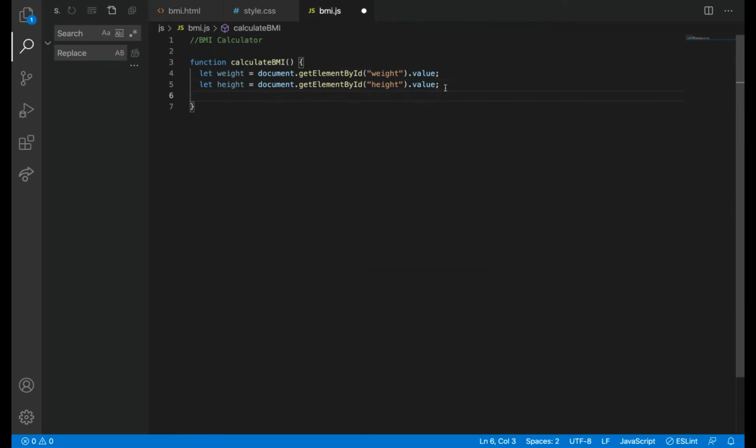Okay, before that, I can do the calculation. Let BMI equal to, what is the calculation? Let's assume weight they are giving in kg. So weight divided by height into height. There are some math functions to do this, like Math.pow and others. I'll try to teach that sometime.